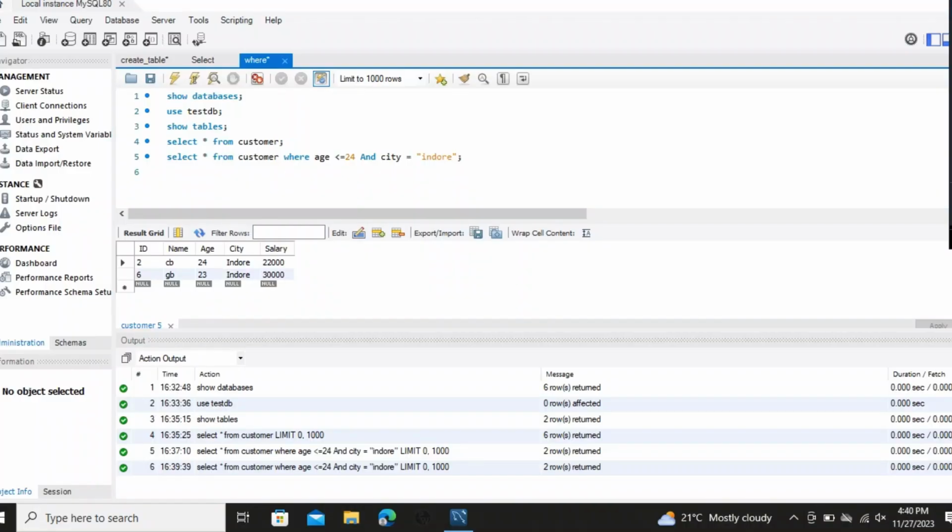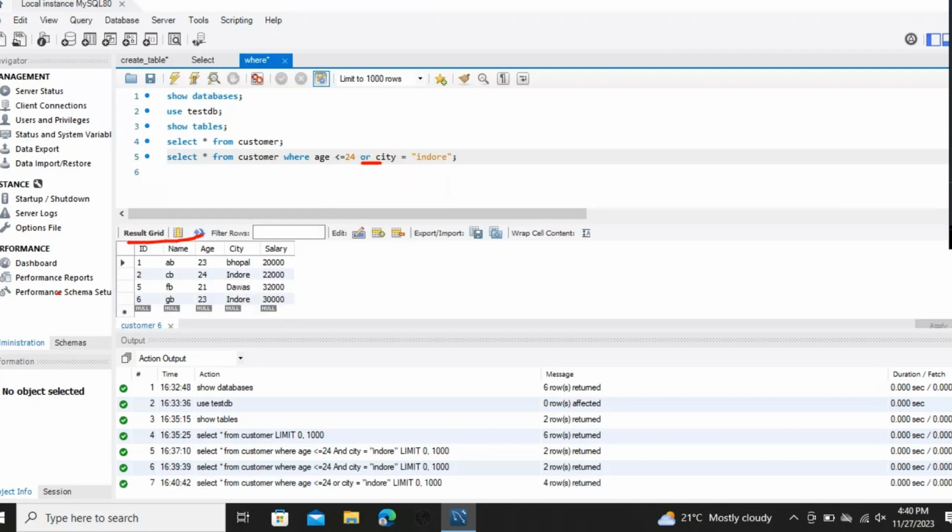So this is our SQL Workbench, and this is the code which we performed in our last video, which is on the AND operator. As you can see here, we only have the record which has both of these values. But instead of this AND operator, if I apply the OR operator, then see what will happen. I just remove this AND operator from here, write OR, and simply run this code. So as you can see here,